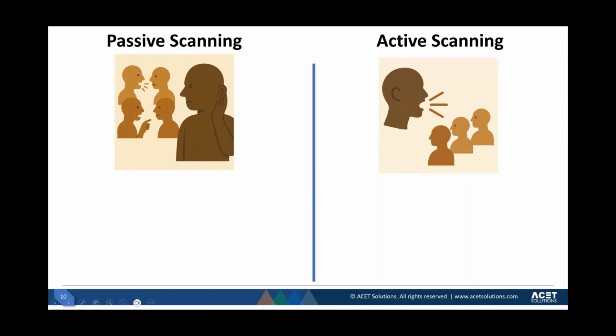People are talking, communicating with each other, and you're just listening in without interrupting the communication in any way. As opposed to that, active scanning is when you're talking, hopefully not shouting. We'll see, actually, you can shout on the network as well. We'll talk about that. But you're actively asking people questions. Hey, who are you? How are you? What's your name? What do you do? When you're actively asking questions and trying to seek answers, that is active scanning.